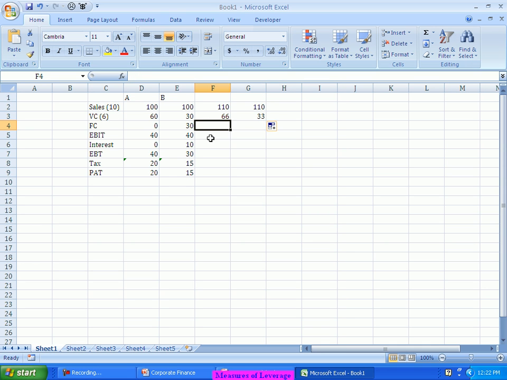Variable costs have gone up, but fixed costs will not change. For one extra unit purchased or produced, the fixed cost is fixed. So the fixed cost is not changing in this case. Fixed cost not changing. So this is what is happening to your EBIT. Now